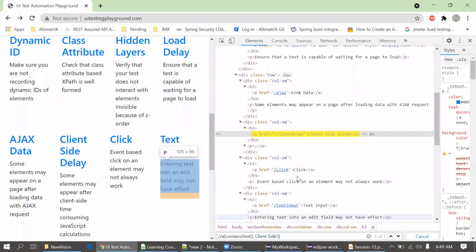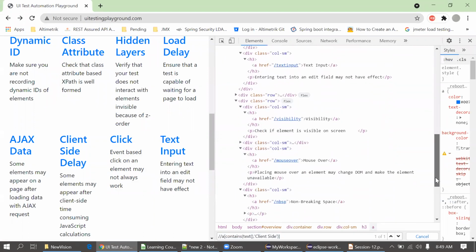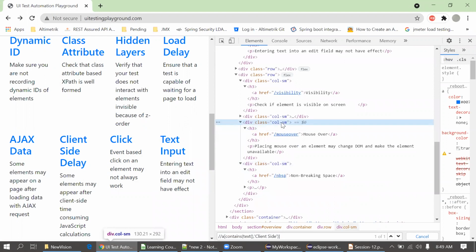So the same we can do for the other parts as well. Suppose you have to go with the class name, so in class name also we can use this contains keyword. I will look for the big, yeah, fine. I will just pick this class name. It's a div.